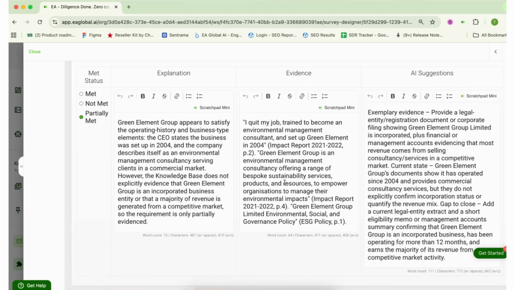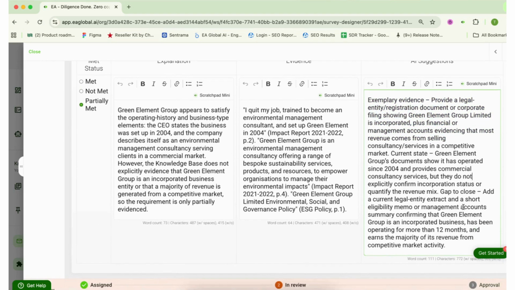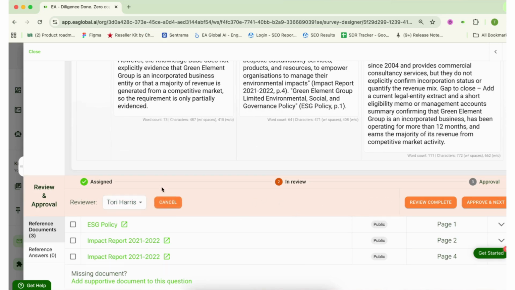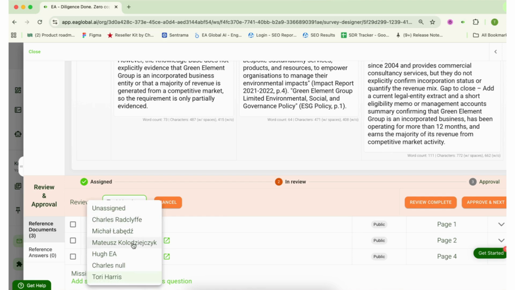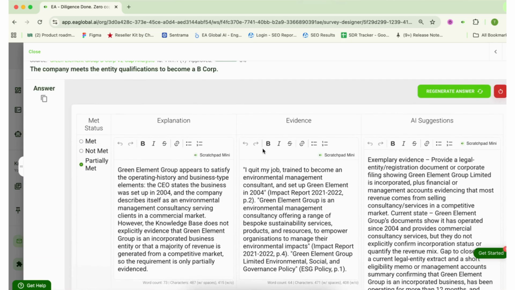You can see the evidence that it has used to generate that, and you can see the AI suggestions where we have what excellent evidence should look like, the current state of the company, and also a gap to close, so what you need to do in order to make sure that that is fully met. Each of these questions can be assigned to anyone else on the EA platform within your organisation to get their input, so you can assign it off to different departments, and then as you hit the met status, you can